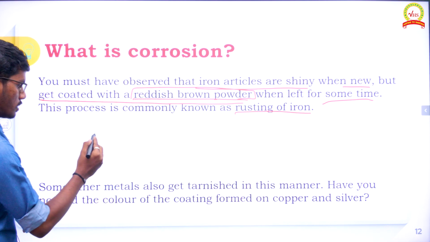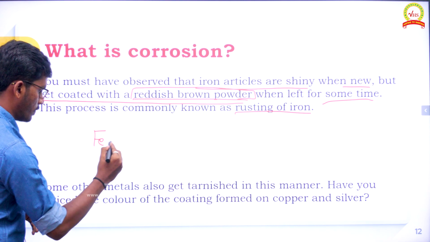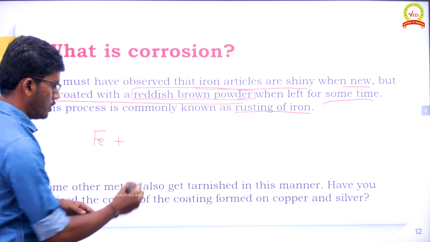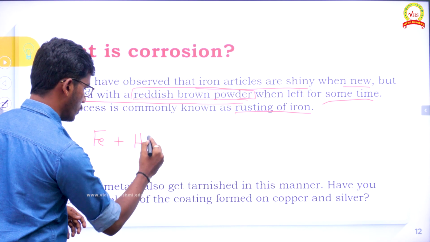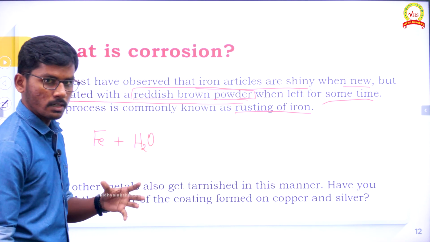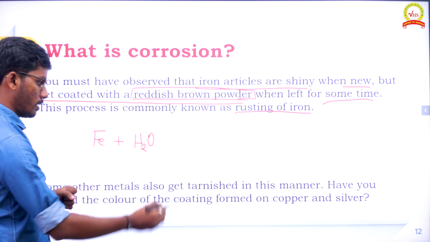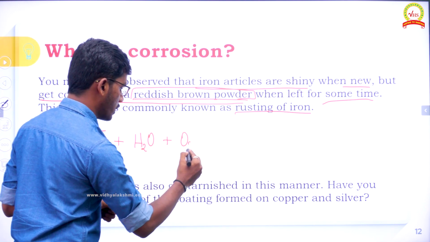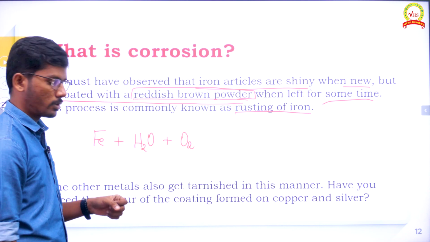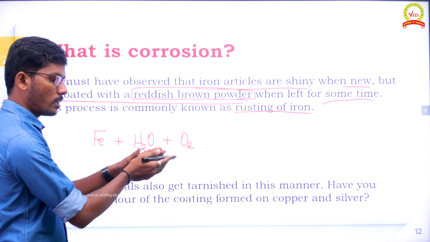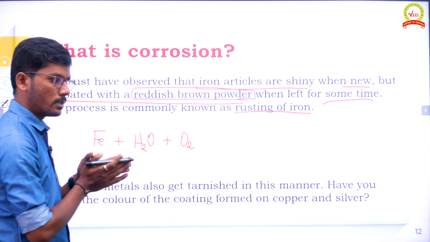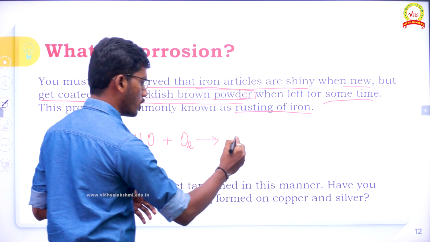I'll write the equation. Iron reacts with moisture, the water vapor present in the air, and also with oxygen in the atmosphere. Reacting with moisture as well as oxygen present in the air, it tends to form a product called